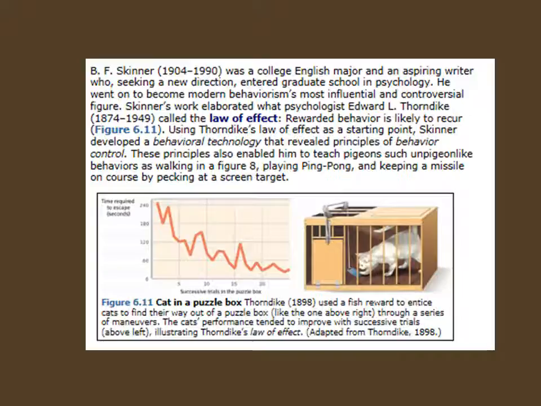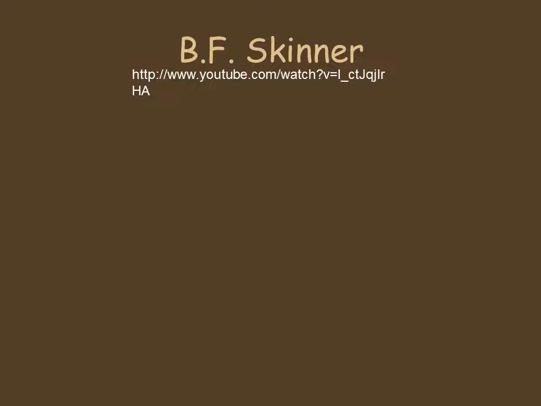So I always think of it this way: when you're thinking about operant conditioning, you could teach a dog to give you its paw. Every single time it raises its paw, you give it a cookie. Soon enough, every time it wants a cookie, it's going to raise its paw. You're teaching it because of a reward.